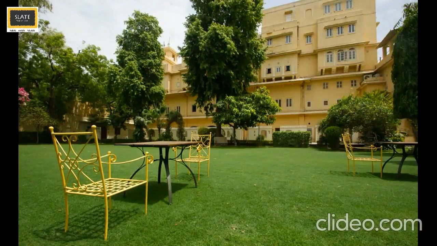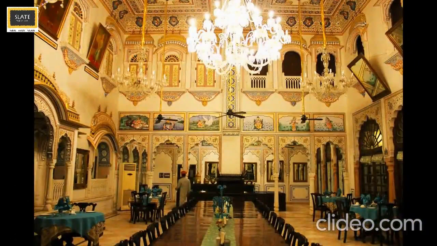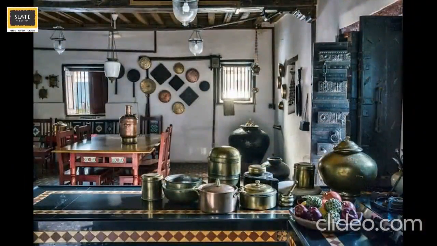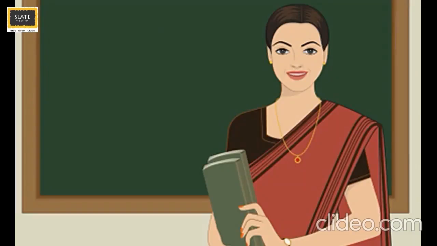Havelis are surrounded by an open space and big lawns. The ceilings in these houses are very high. This allows better circulation of air and keeps the rooms cool. The kitchen is arranged as a separate room and toilets are usually outside the homes in the backyard.